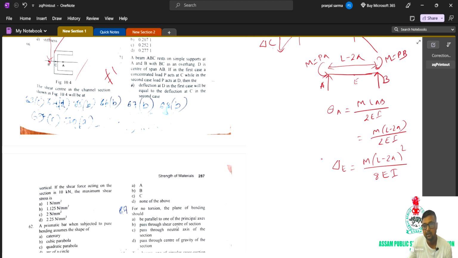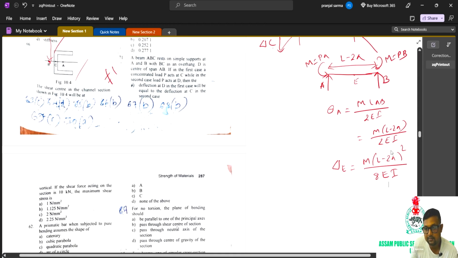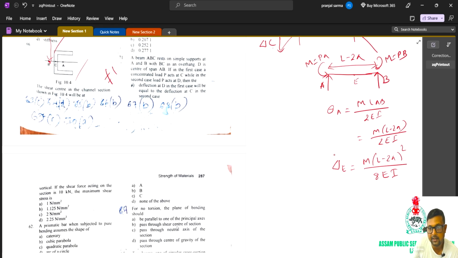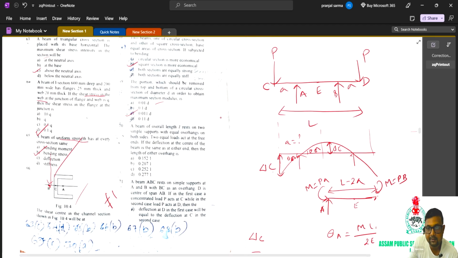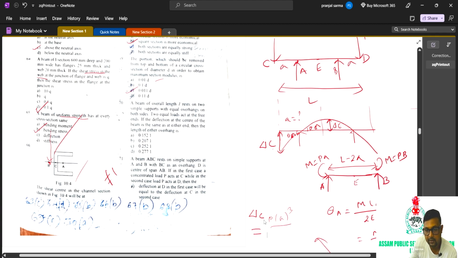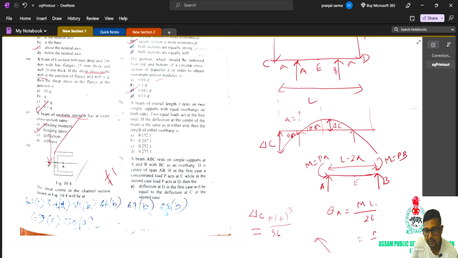Now this delta E is equal to delta C. Now what is delta C? Delta C we can calculate by two methods. One, suppose we consider this to be fixed. If this is considered to be fixed, what is the deflection? P A cube by 3EI